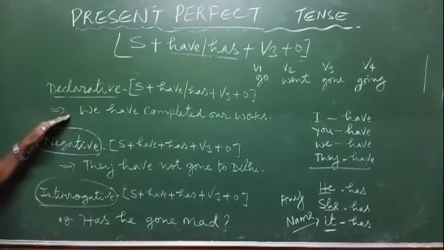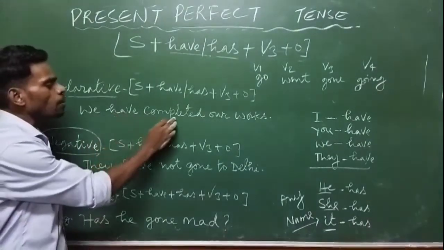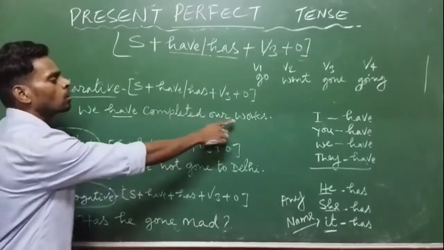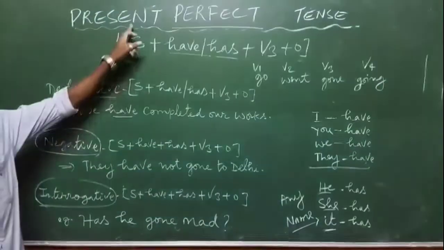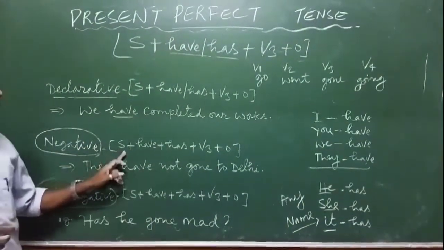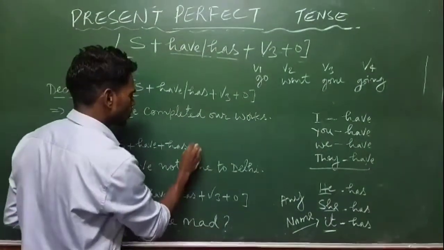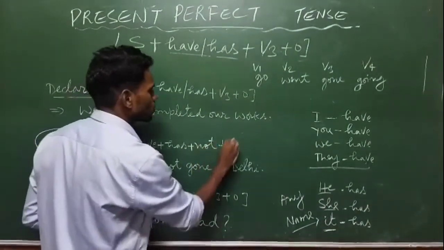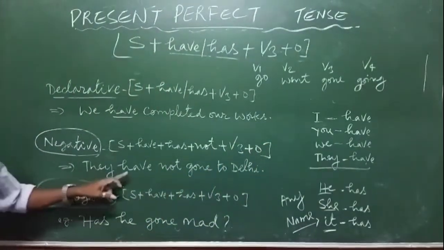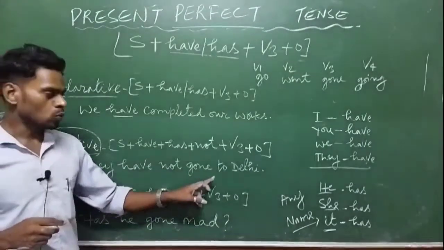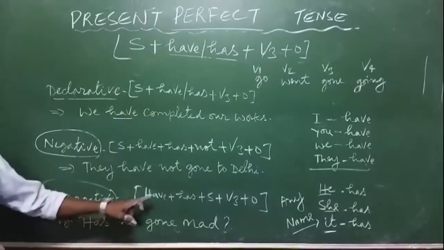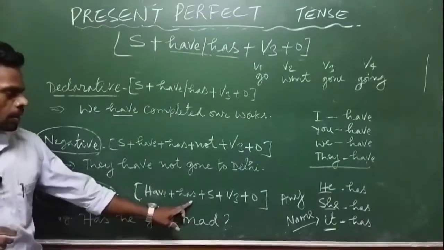So just see this example: we have completed our works. We have completed our works is in present perfect tense. The negative will be subject, then have or has plus not plus V3, and the object. An example will be: they have not gone to Delhi. And for interrogative, the pattern will be have or has, then